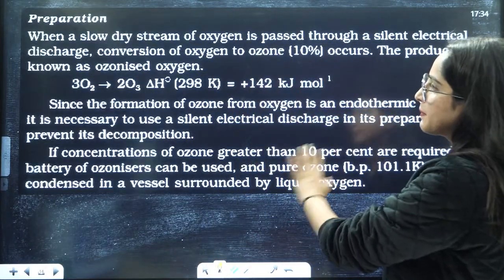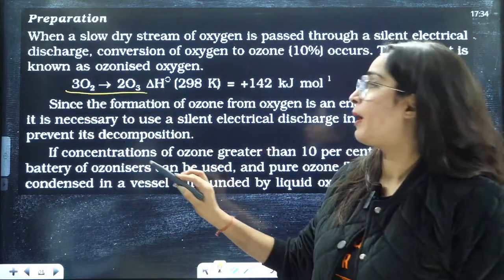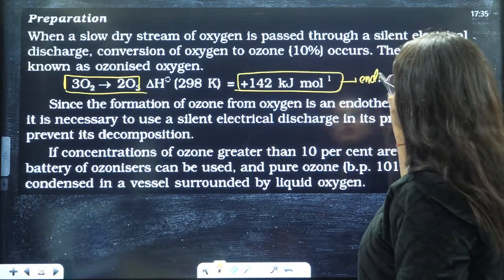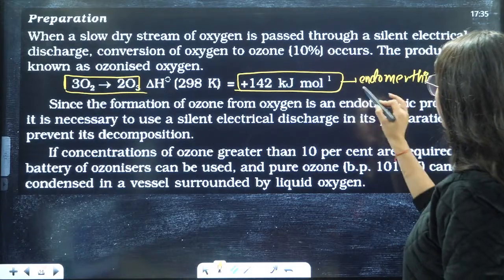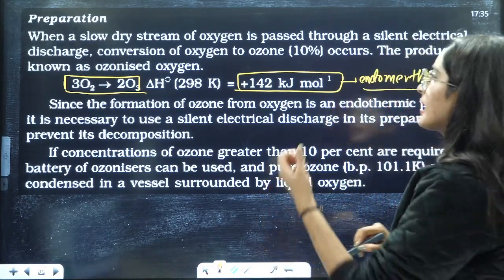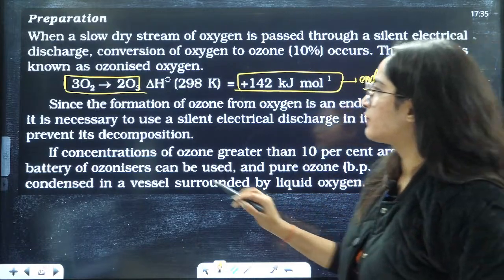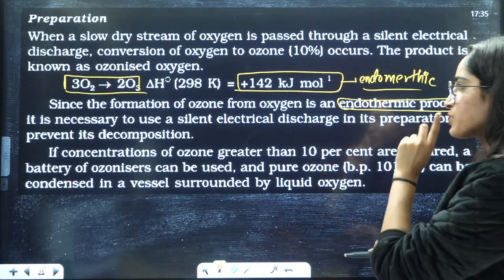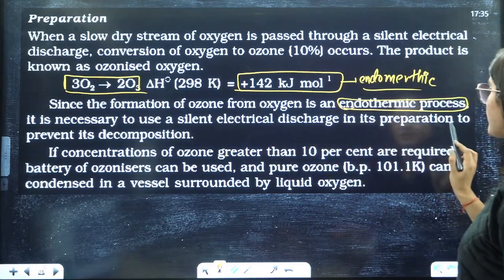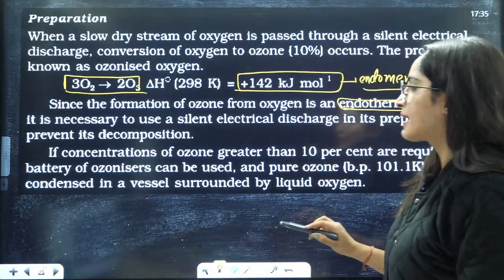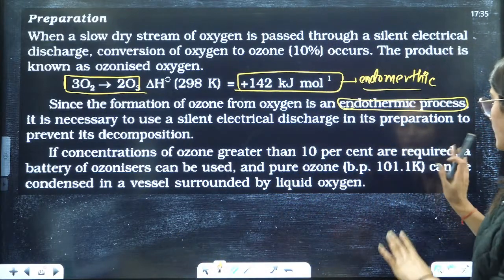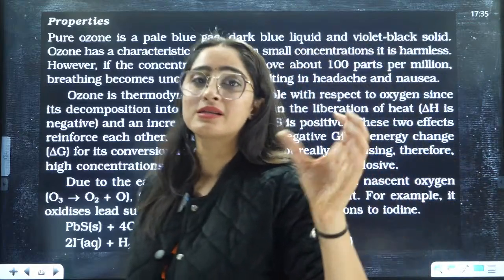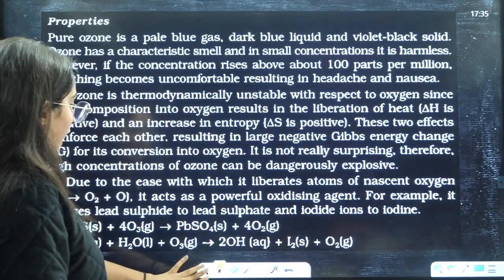So now preparation, you can go through this. You need to know one thing about this, that from O2 to O3, that is an endothermic reaction, right? It will require some energy, right? Since the formation of this from oxygen is an endothermic process, it is necessary to use a silent electrical discharge in its preparation to prevent its decomposition, right? The rest is not important for you. Just remember that from O2 to ozone, this is an endothermic reaction, right? Then we have some of the things here,